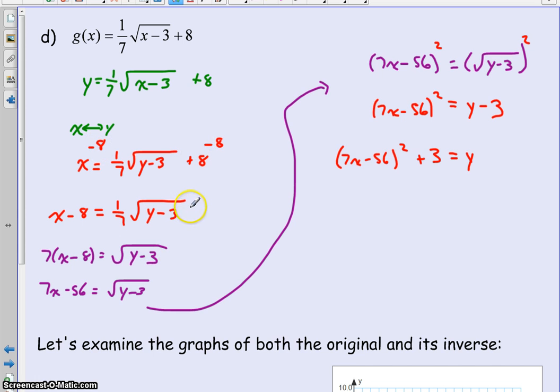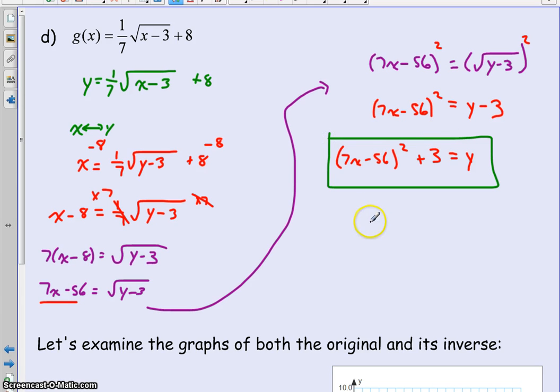Then I multiplied by 7. Those cancel, and I got 7 times the bracket x minus 8, which I simplified into 7x minus 56. At this point, I squared both sides of the equation to get rid of the square root. So I got (7x minus 56) all squared equals y minus 3, which I then solved for y by adding 3 to both sides. Now let's take a look at the graphs of both the original and its inverse